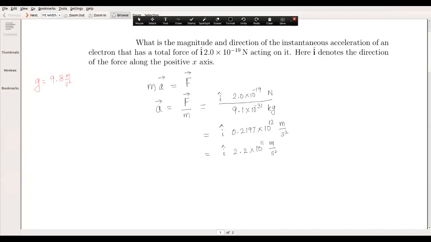It is common to have up to 10 raised to 14 or so in this scenario. That's a primary motivation for this exercise, acceleration. So what's the instantaneous acceleration? It is in the i hat direction, and the magnitude is about 10 raised to 11 meters per second square. That's all in this exercise. Let me stop sharing and stop